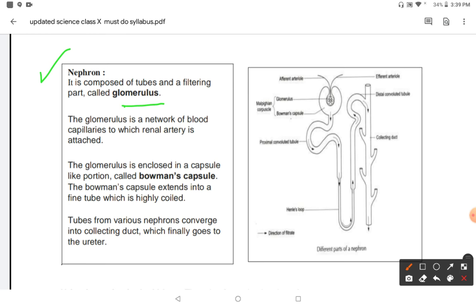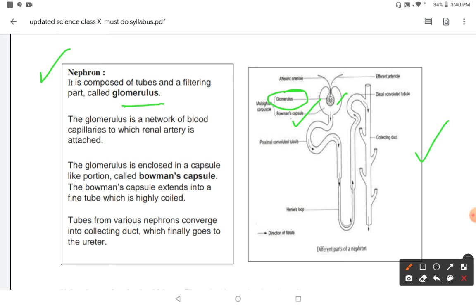This is the glomerulus, and you can see these are the different parts of the nephron. You can see these are glomeruli. It has different tubes, and it is a network of blood capillaries, to which the renal artery is attached. Renal artery is attached here, and the glomerulus is enclosed in a capsule-like portion called Bowman's capsule. This is called Bowman's